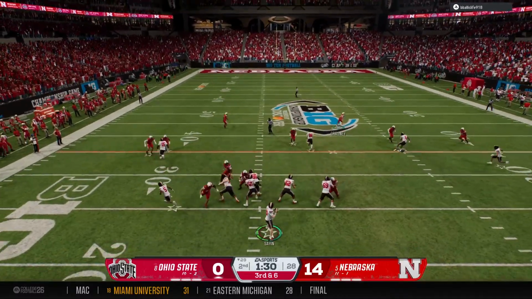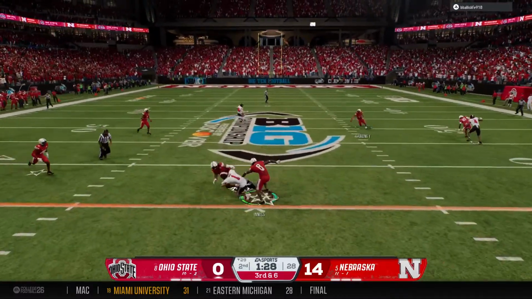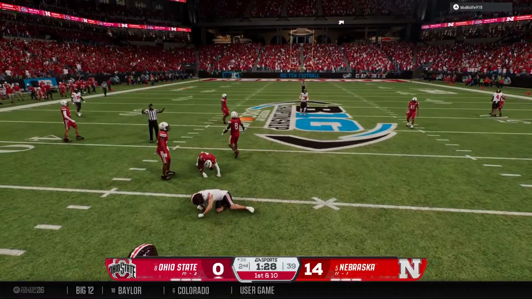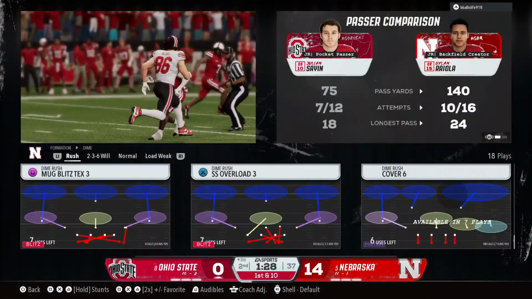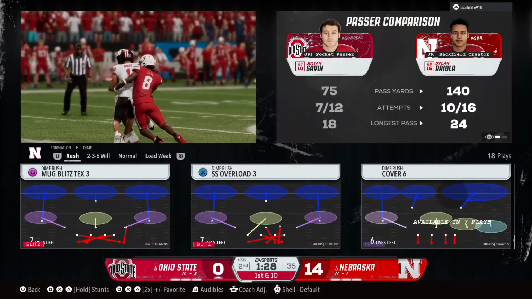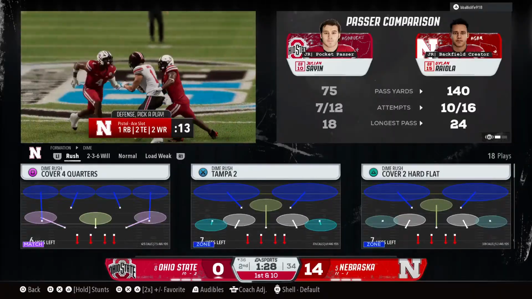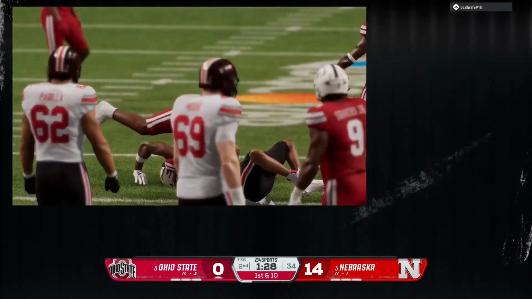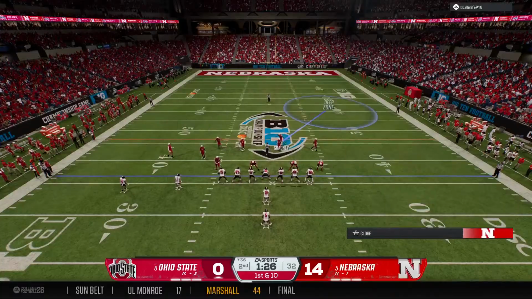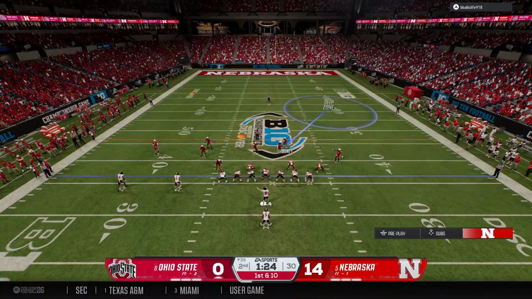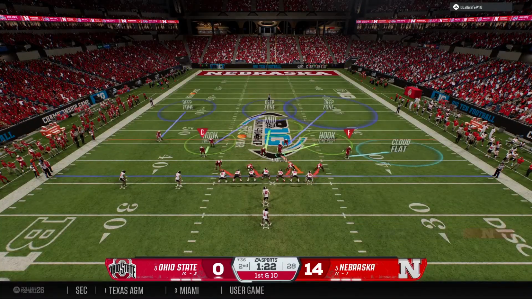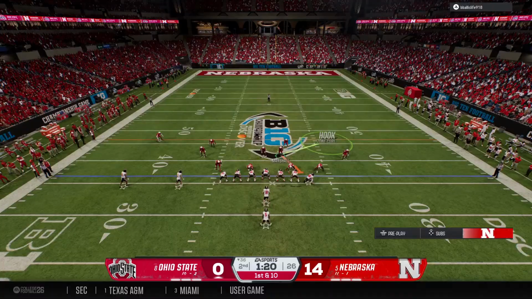To the air, it's Sayin. Caught by the receiver. And it's good for a first down to the 36. That's a big first down for this offense, and it's not been a great day so far, but maybe this play can get them going. And keep this in mind, Chris, because they started the game with the possession, they will not get to start the second half on offense, so they need points right here.